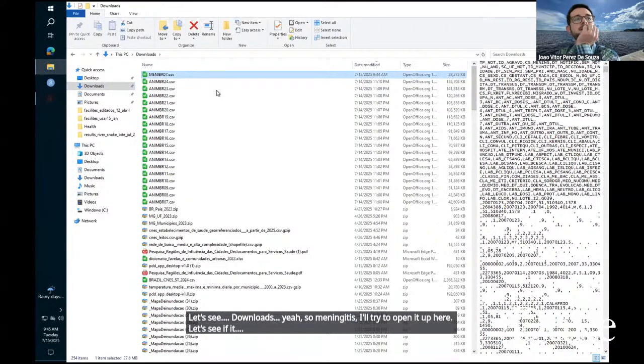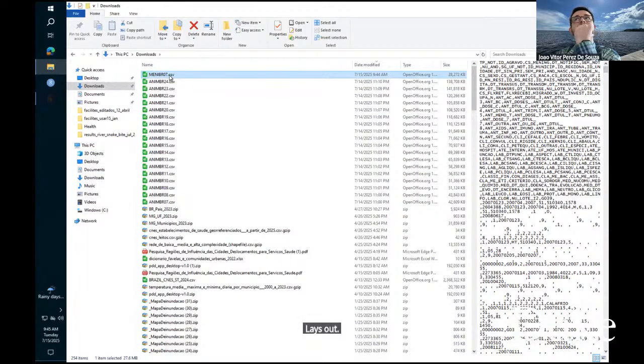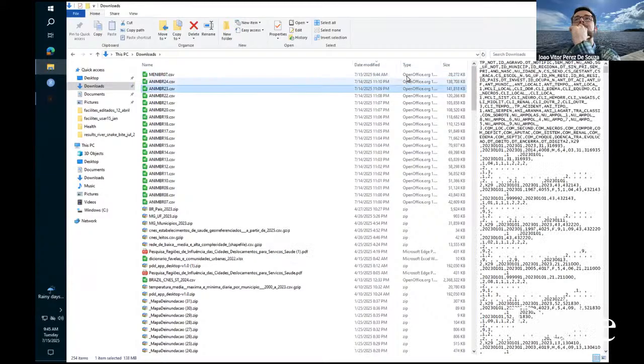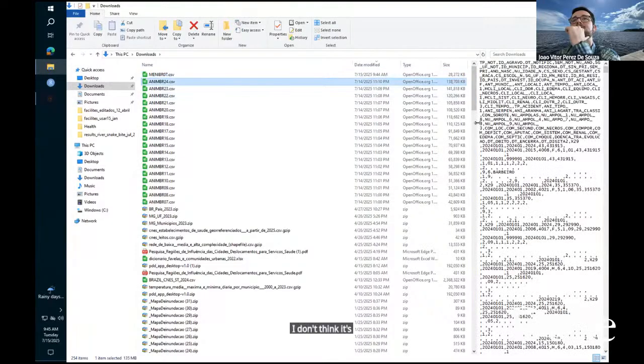Let's see if it plays out. I don't think it's going to open, but you can see in this preview how, even though it's a little bit messy, all of these up to this line are variables, like TP_NOT, ID_AGRAVO.